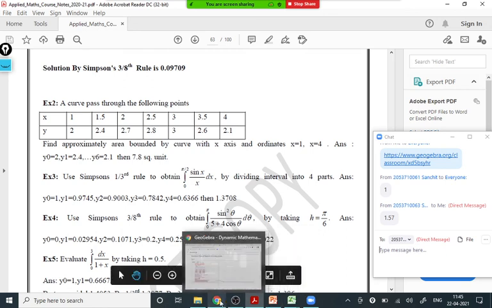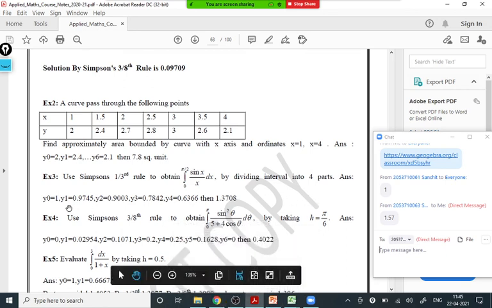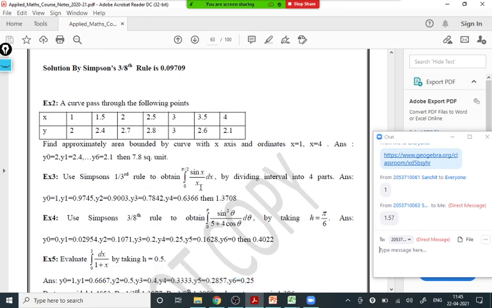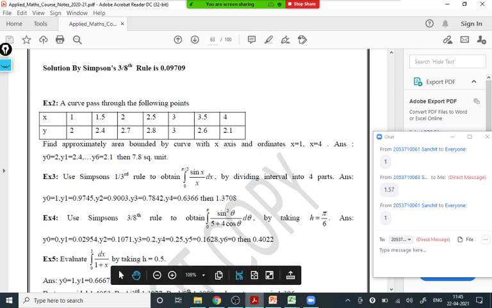N is 4. Correct. And now here this is y0. You have to calculate y0. That is sin 0 upon 0. Yes, anyone? What is the value of sin 0 upon 0? Sin x upon x when x is 0. It is 1. Actually, it becomes an indeterminate form first, 0 by 0. But if you apply L'Hospital's rule, or if you apply the limit formulas, the limit of sin x upon x as x tends to 0 is 1. So f of 0 is 1 here. This is y0. And lastly here sin pi by 2 upon pi by 2, this value is coming here, and the answer I got is 1.3708.